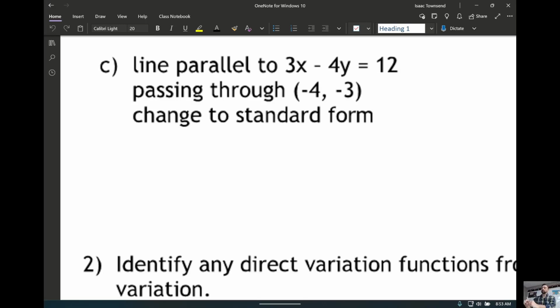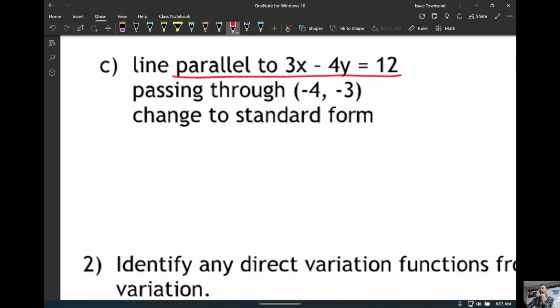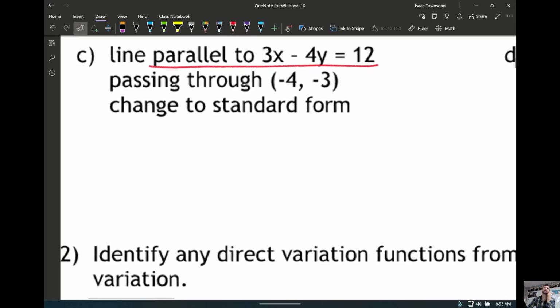Okay, so we want it to be parallel to this line, go through this point, and they're asking for it to be in standard form. Now, regardless of whether it's asking for standard form, slope-intercept, or point-slope, honestly, I always still just start with point-slope and hope that that's what they ask me for, because if you can do point-slope, you can change it into any of the others. So, point-slope,